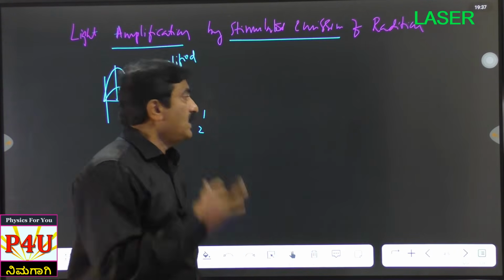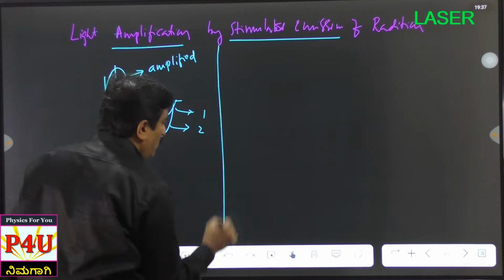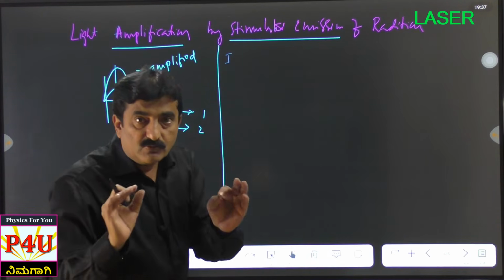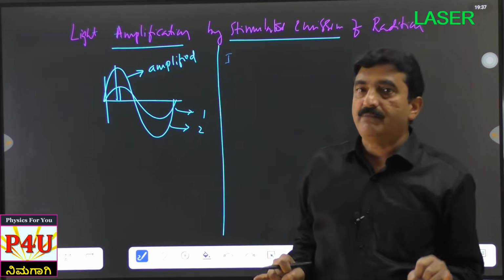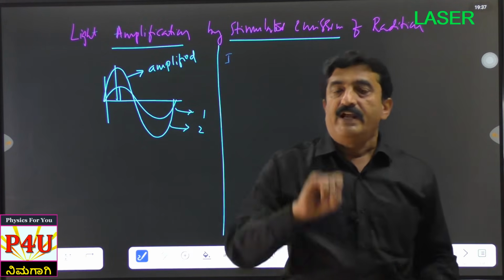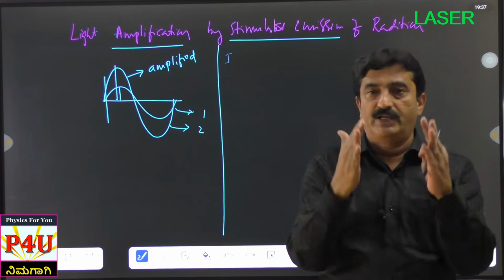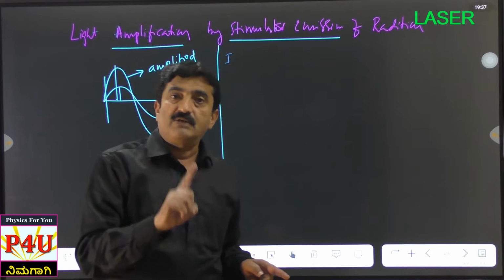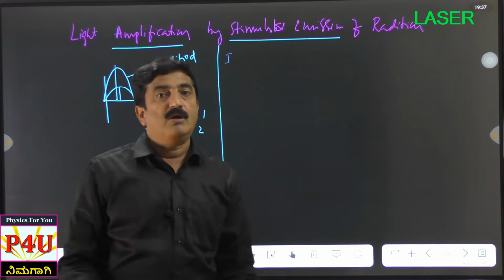So the next question is, how do you achieve that? How do you produce photons? How do you produce more photons? For that we have to study this concept, that is now comes what is called interaction. So far I explained only what is laser. Laser is nothing but light amplification by stimulated emission of radiation. What are the properties? It is well collimated, highly polarized, highly monochromatic, highly energetic, traveling in the same direction. All these are the properties. Now how to produce laser? By means of stimulated emission, by means of amplification. What is amplification? By producing more number of photons.